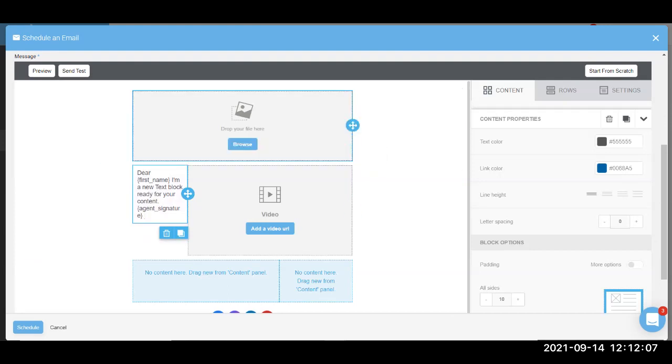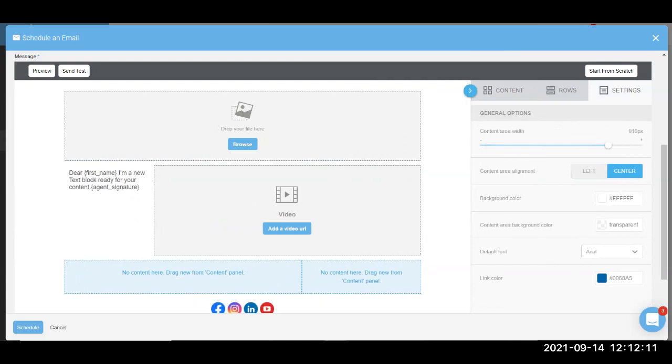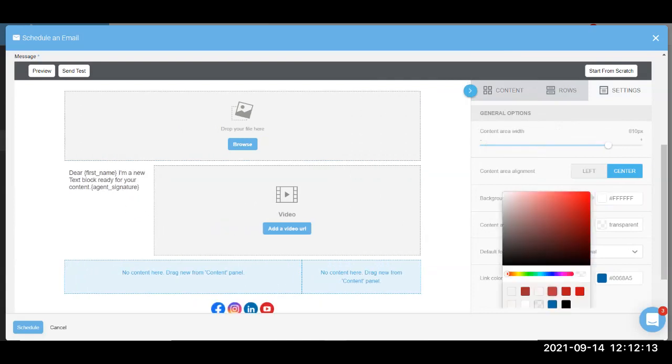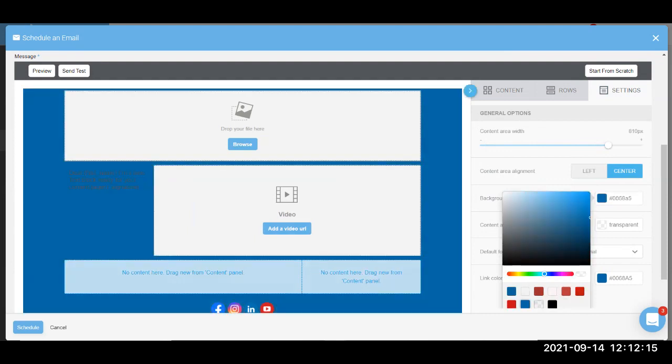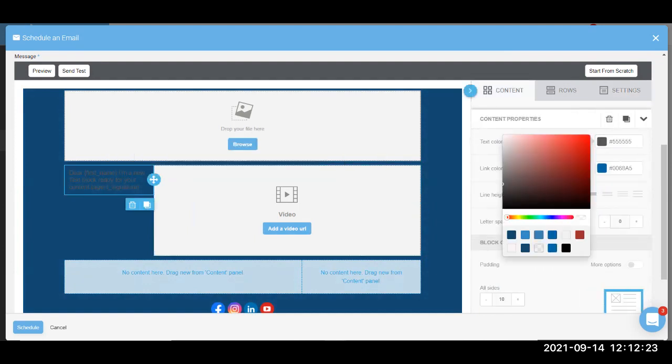And then we're going to go ahead and change the width of this message. We're going to go ahead and change the color. You can have your colors already preset. You can drag this around, get your colors just right. Maybe I really like this deep blue, but now I can't read this text. So let's change our text color and make it pop off the blue with a light white there. And we can just drag and drop a picture there, put in the video,